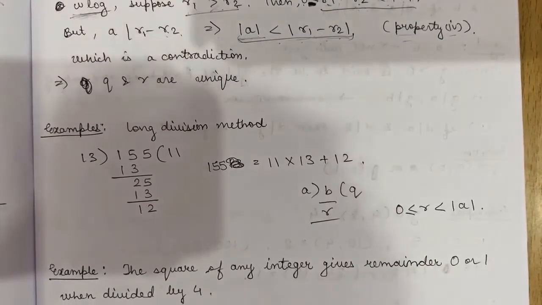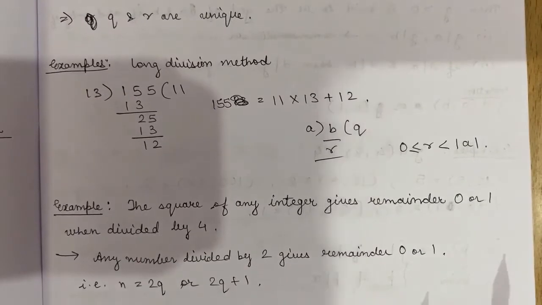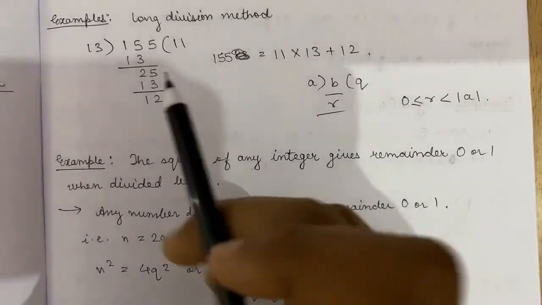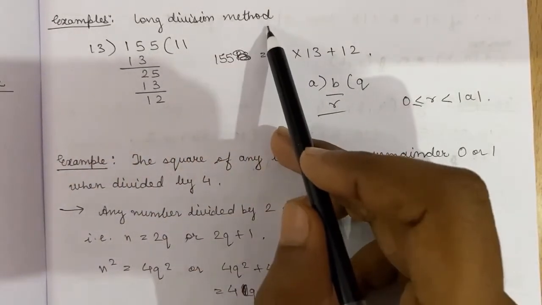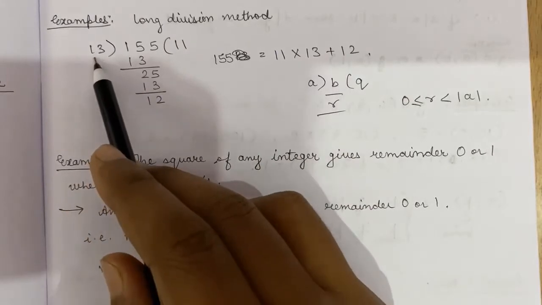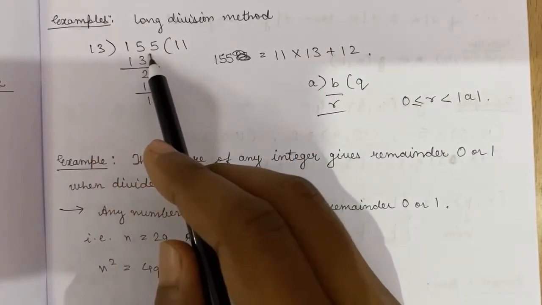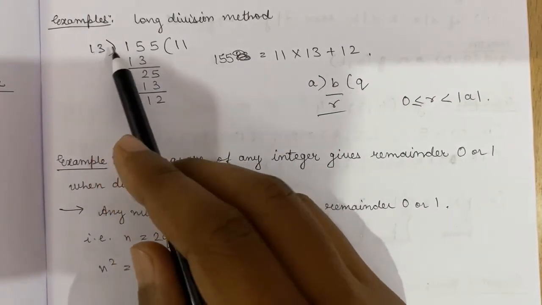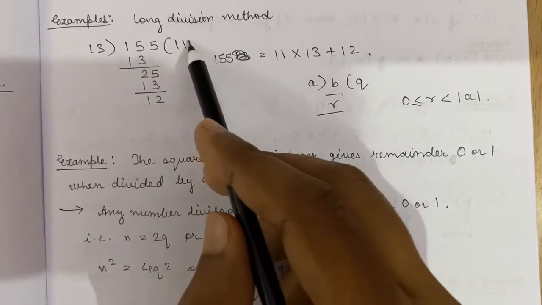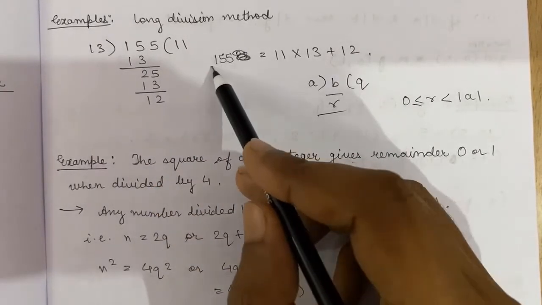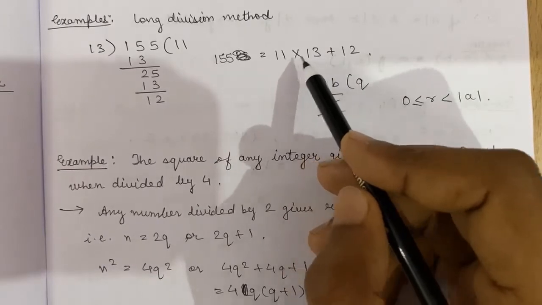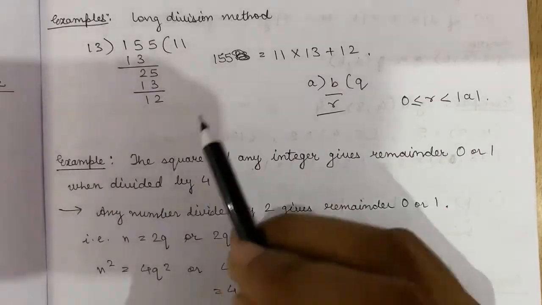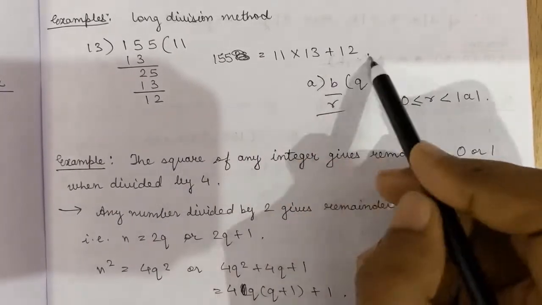All of you have definitely read this property earlier also, but not in this form, in some other form. The form that we read this property in is in the long division method. So in long division, what we do is we take a non-zero integer and we divide another integer by this. We get some quotient and we get a remainder, and we write dividend equal to divisor times quotient plus remainder. So this is the division algorithm, and this is what we do in the long division method.